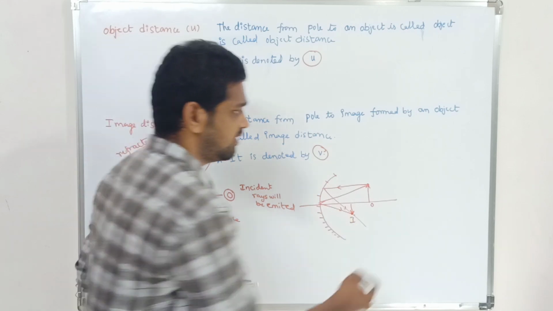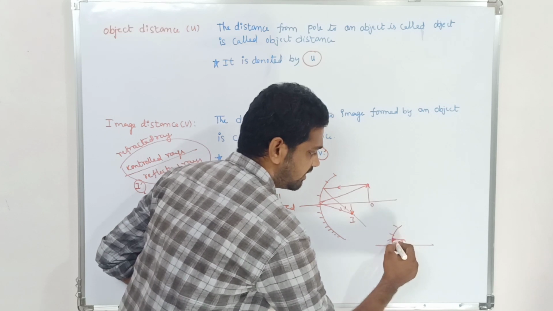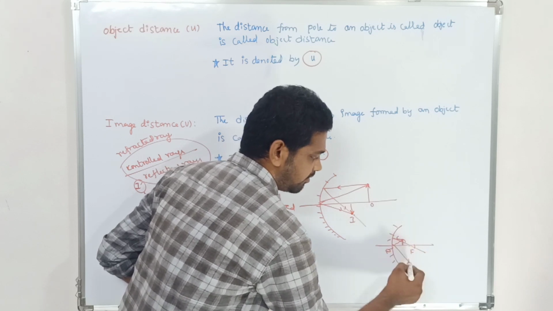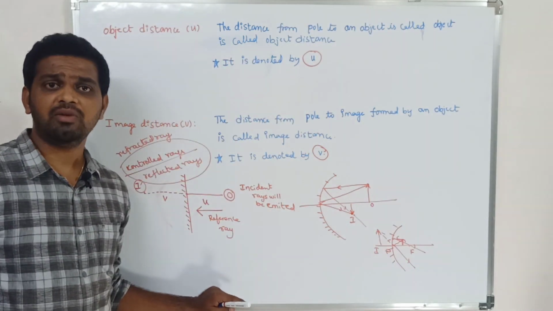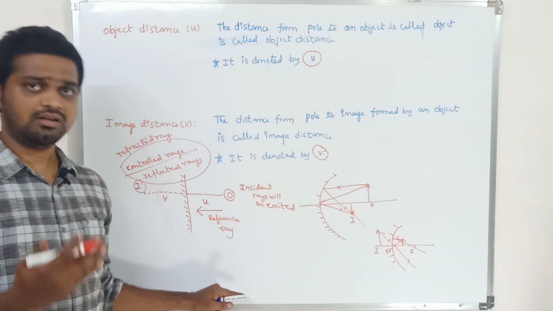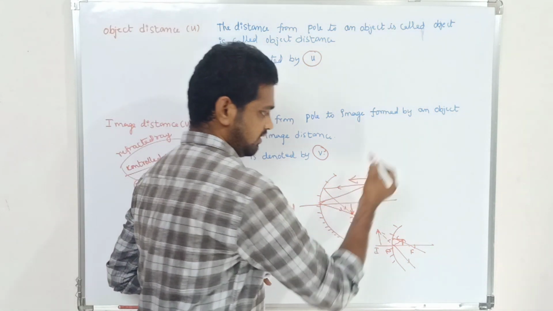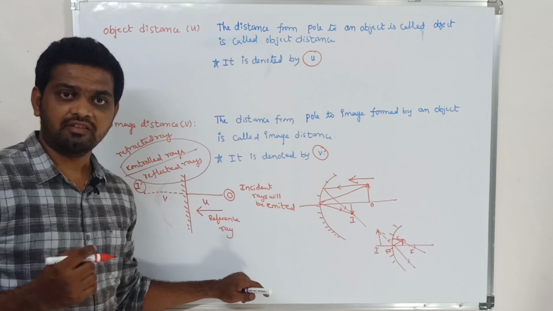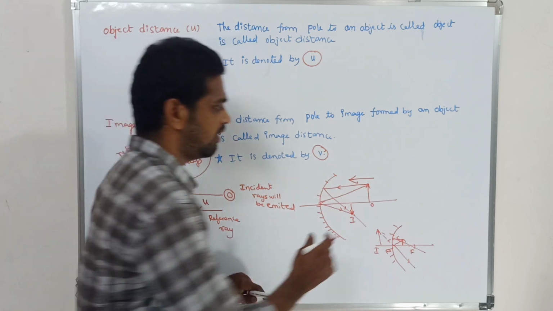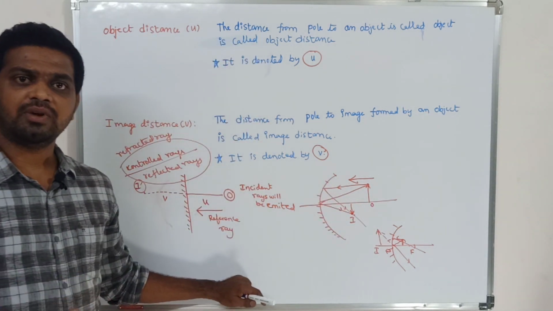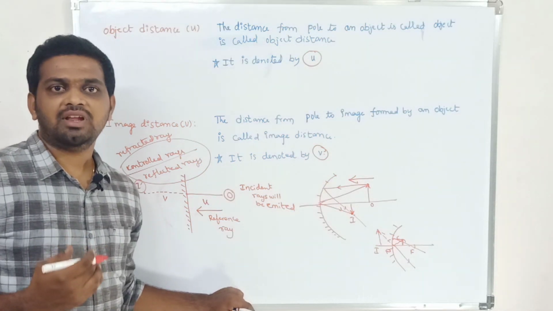In case of the concave mirror, in the similar way, I will consider the object here. Like this you are going to get the rays. So here the image is formed due to the converging rays. Clear? The image will be formed either by converging rays or reflected rays. Is it clear, children? The reference incident ray should be directed from the object towards the mirror, in case of plane mirror as well as spherical mirror. This is about technical terms in case of the spherical mirrors.